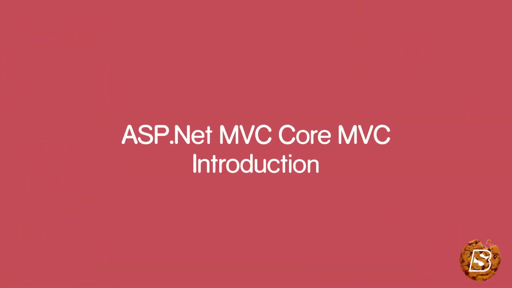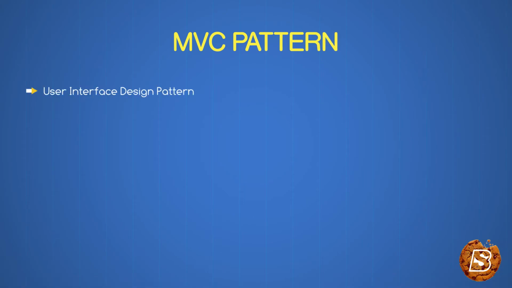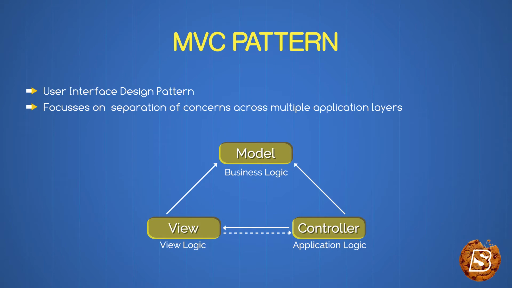In this lecture, we'll be starting with the MVC pattern. So the MVC pattern is basically a user interface design pattern, and it focuses on separation of concerns across multiple application layers. Primarily, we have three layers: controller, model, and view. As you can see, we have view logic mentioned in view, and business logic resides in model, and application logic